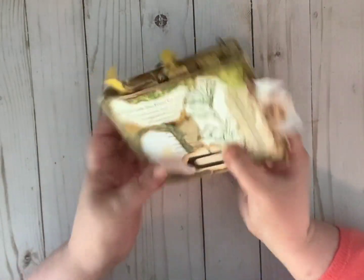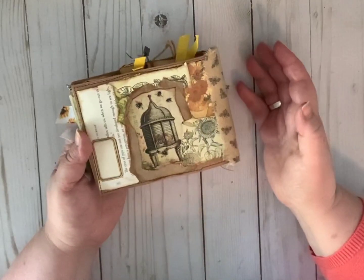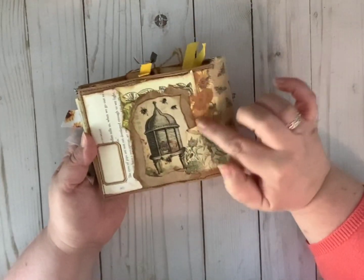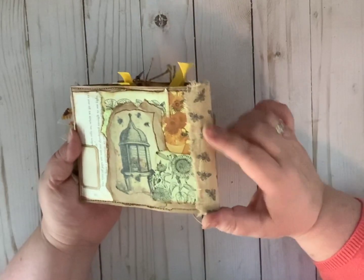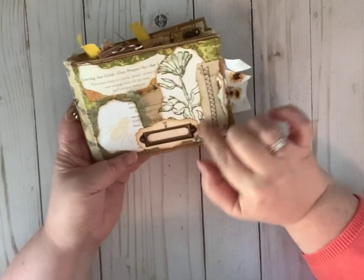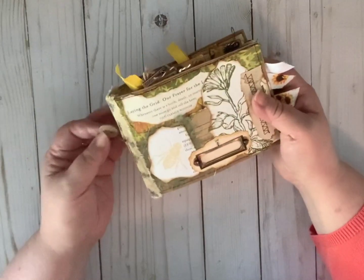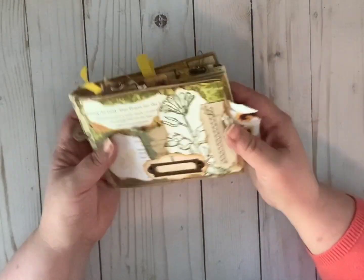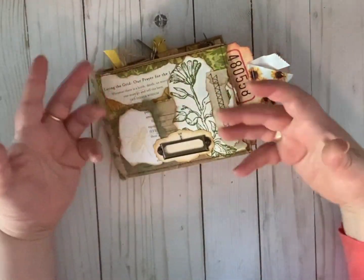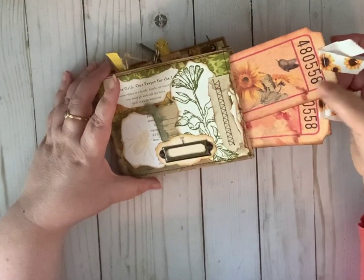The front cover and back cover are both collaged. And the theme really is sunflowers and honeybees. So here's Van Gogh's sunflowers right here. And the fabric on the spine is tiny little bees. The front is a combination, again, of bees and sunflowers. And on the spine, there's a little charm and a vintage button. And the front cover has, since I made it out of a paper bag, kind of a built-in pocket. And there are a couple of extra large tickets